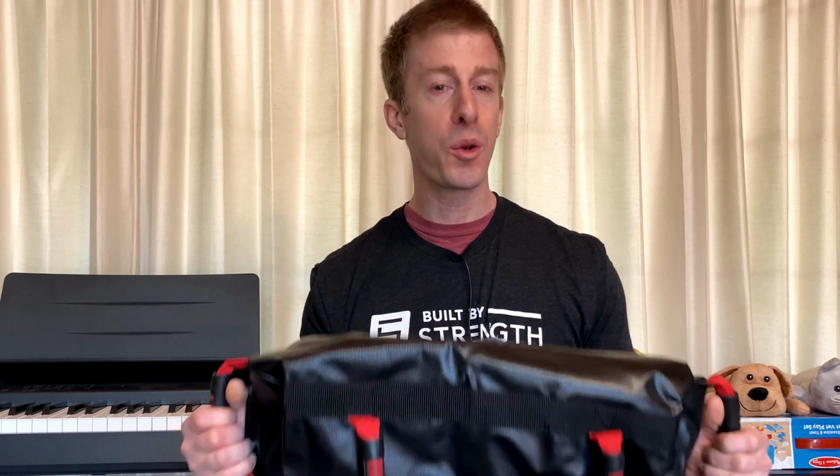And the reality is, at least in my experience, when you get this thing up to 40 pounds, it is going to be a lot heavier than you'd think, especially after like the 6th to 7th rep of whatever you're doing. So looking at the zipper, you can actually see where they cut some of the corners with regards